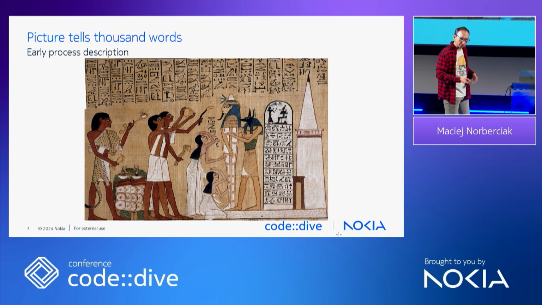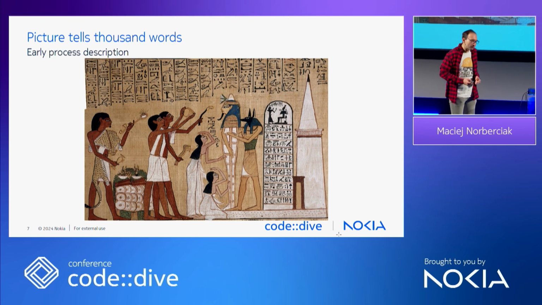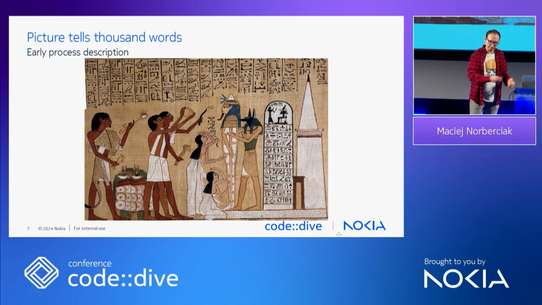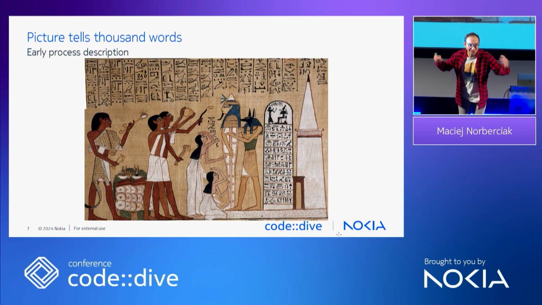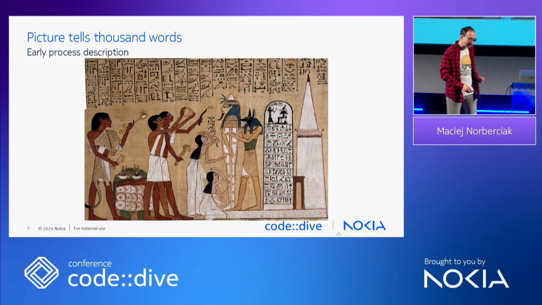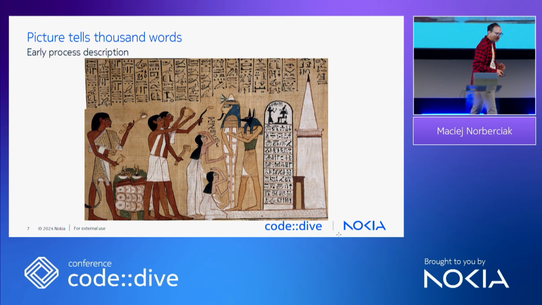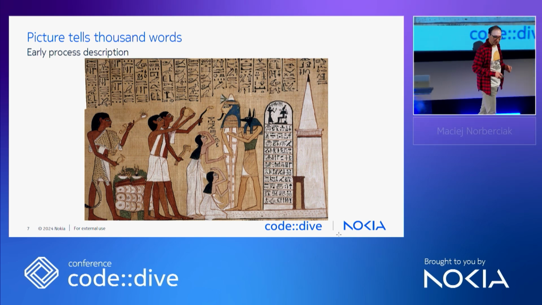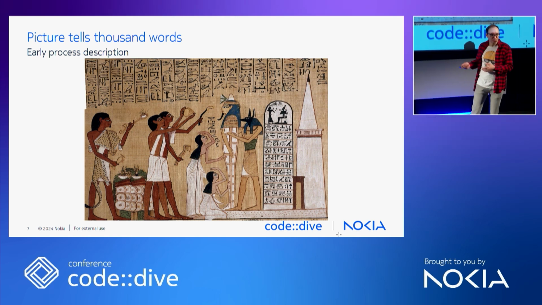So after this talk, you may approach me, and if you give me 20 talents of gold, I will perform this procedure depicted on the papyrus herein upon your departure of this earthly realm. And you will achieve life eternal. It's a great deal, really. I would love to peddle my funerary services for the next hour or so, but I promised the organizers this will be a talk about software engineering.